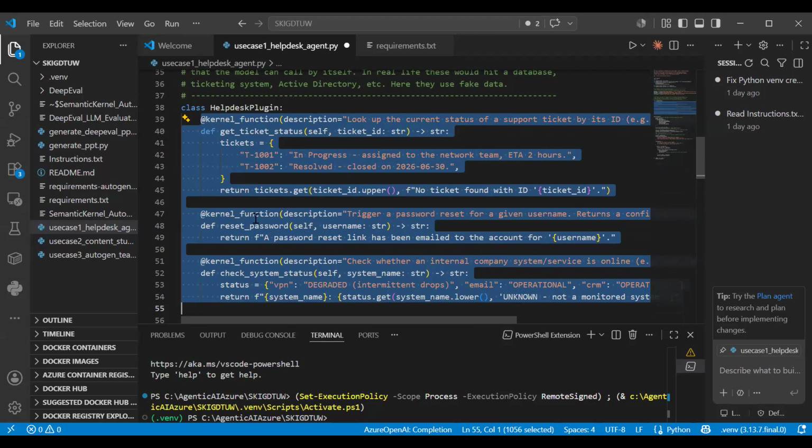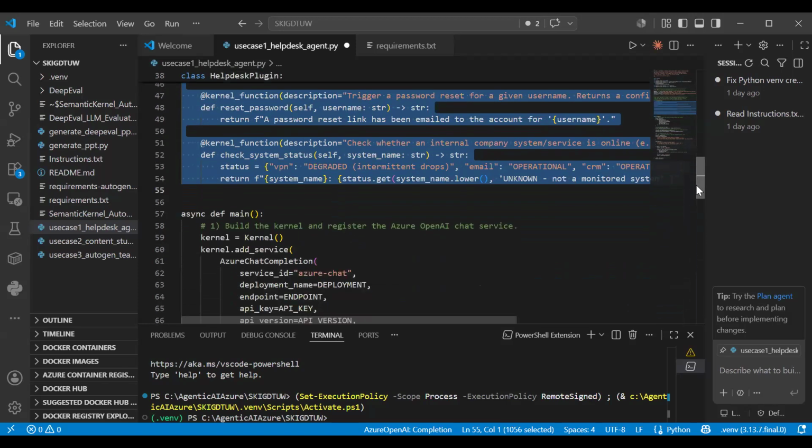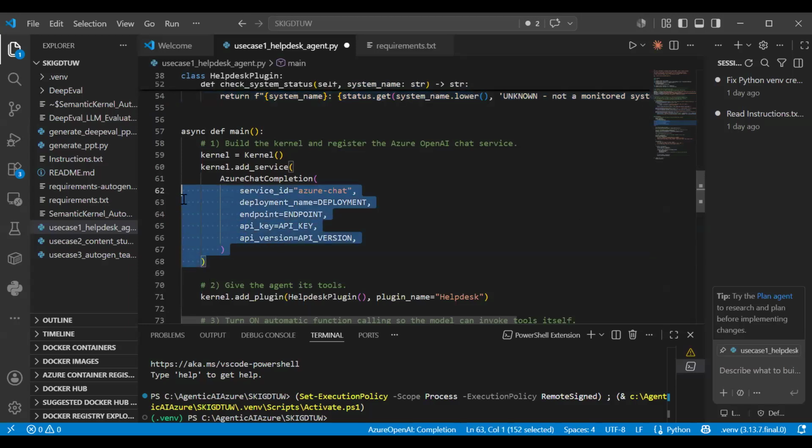So whatever these functions are doing must pass through the LLM because we need some human-like response. So these three native functions, now the output will go to this LLM. If you see this, this kernel is the orchestrator, and this is our LLM. All our data is passing through this LLM.